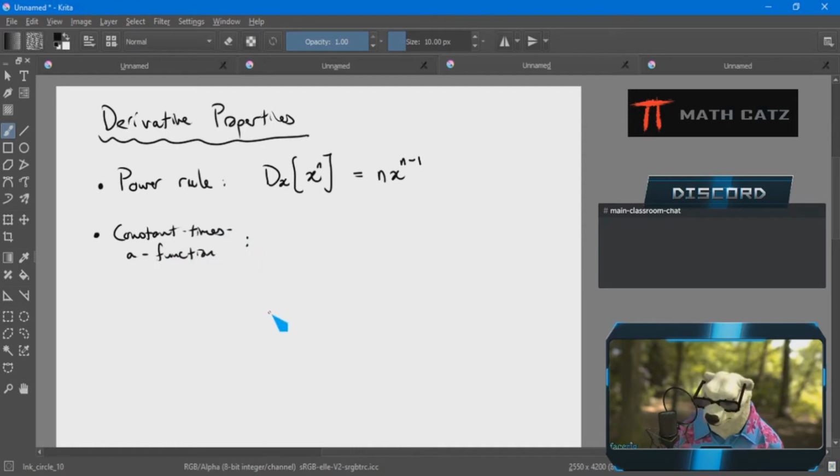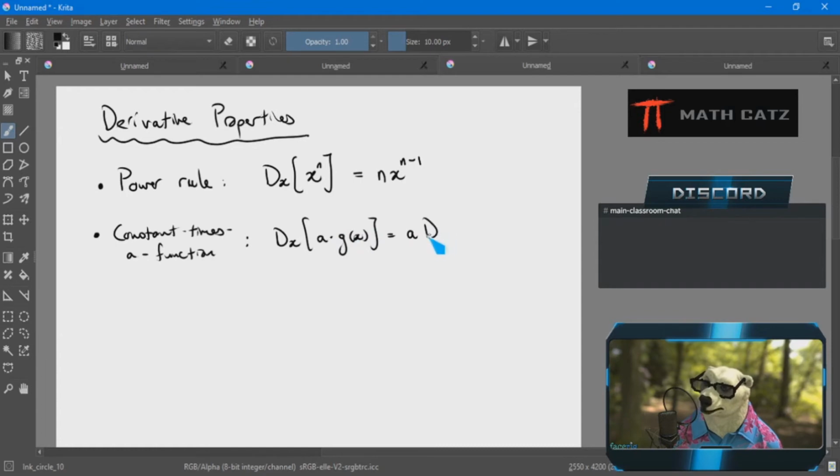It doesn't have a very nice name. I just made it up. I have a constant times a function. I'll call it the constant times a function property. I know it's not very original. I'm sorry. It simply says that if I have a number in front of the x stuff, that number can stay in front